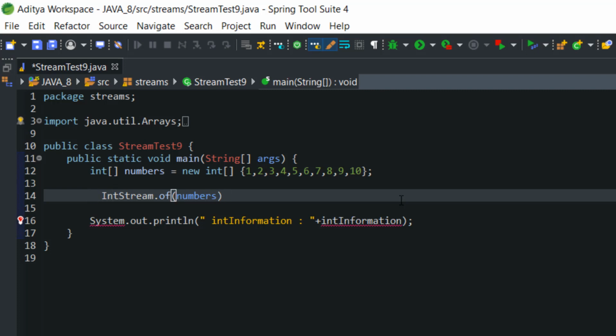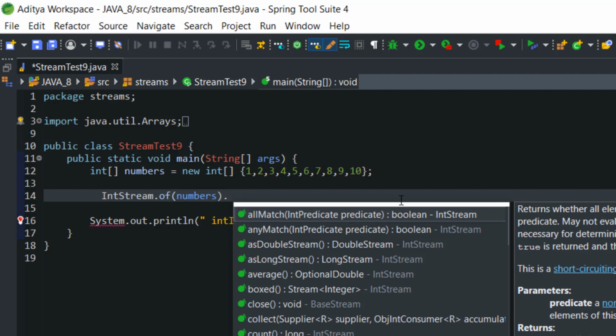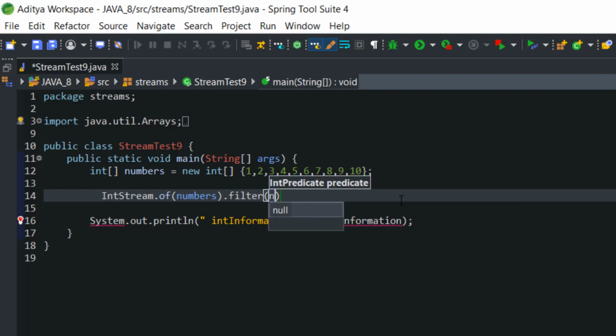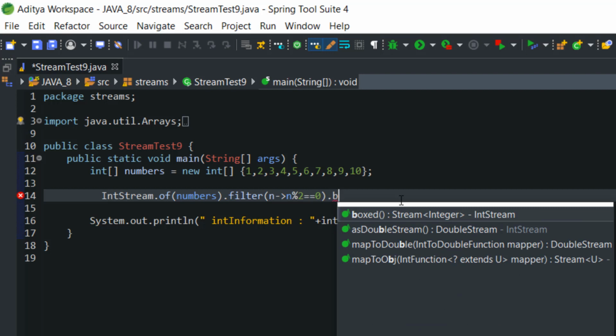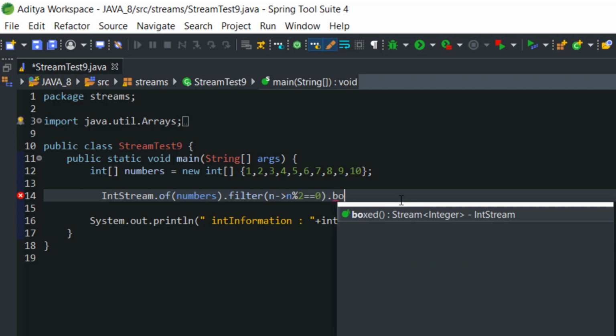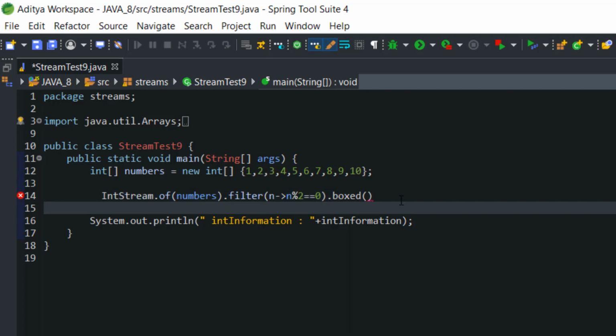First of all, I will call the filter method. Filter method works exactly the same way as it works in the stream class. Let's write a filter. I'm going to write here the logic of accessing an even number, n % 2 equal to 0. Now I'm going to call boxed. Boxing and unboxing is one of the oldest concepts of Java. Maybe I will make a completely individual video for boxing and unboxing, but after completing the whole processing of getting an even number, I will repackage with the help of the collect method.